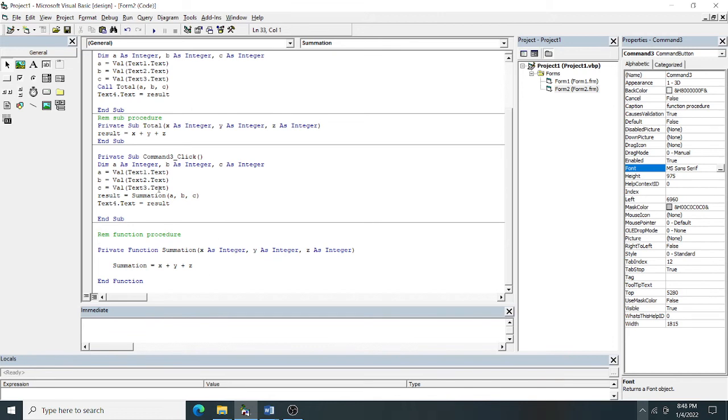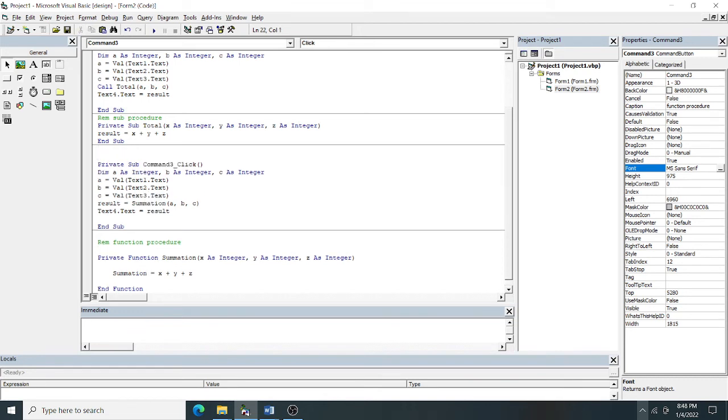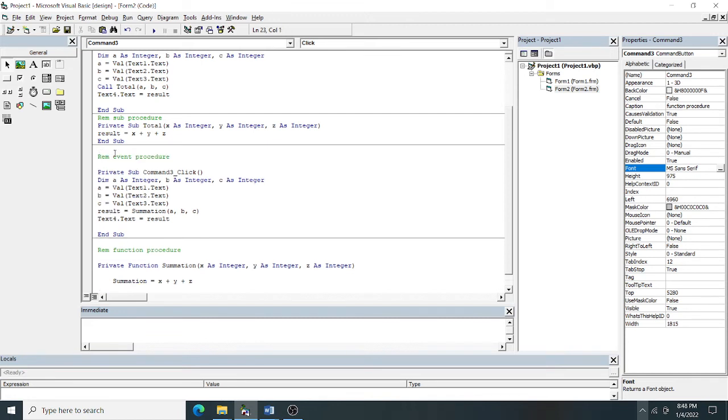And what are Command1_Click, Command2_Click, Command3_Click? These are called your event procedures. This is very important for your exam.